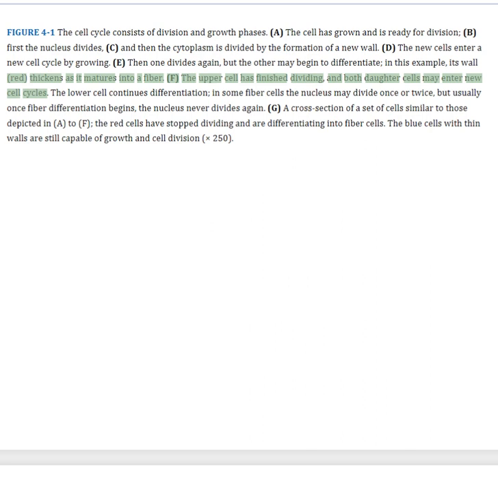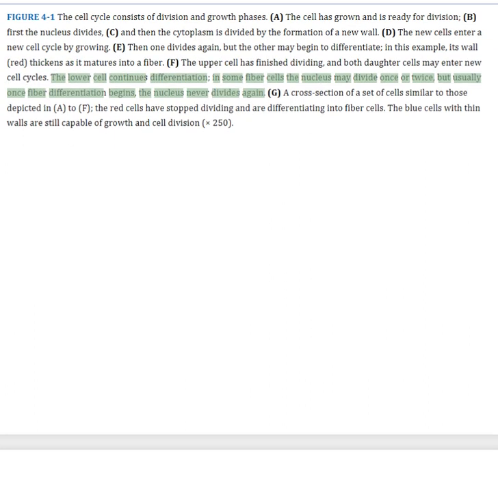The upper cell has finished dividing, and both daughter cells may enter new cell cycles. The lower cell continues differentiation. In some fiber cells the nucleus may divide once or twice, but usually once fiber differentiation begins, the nucleus never